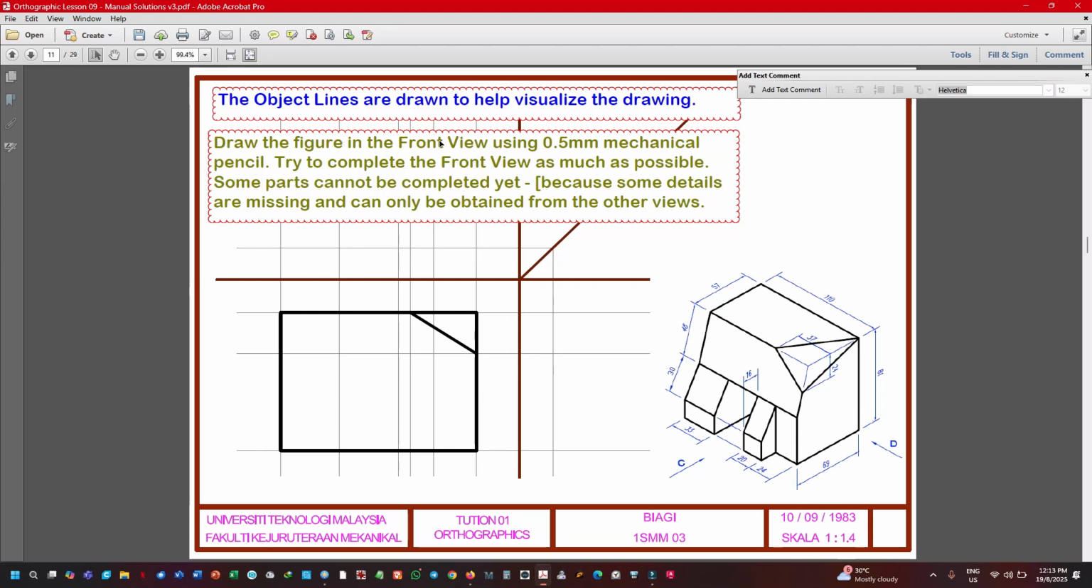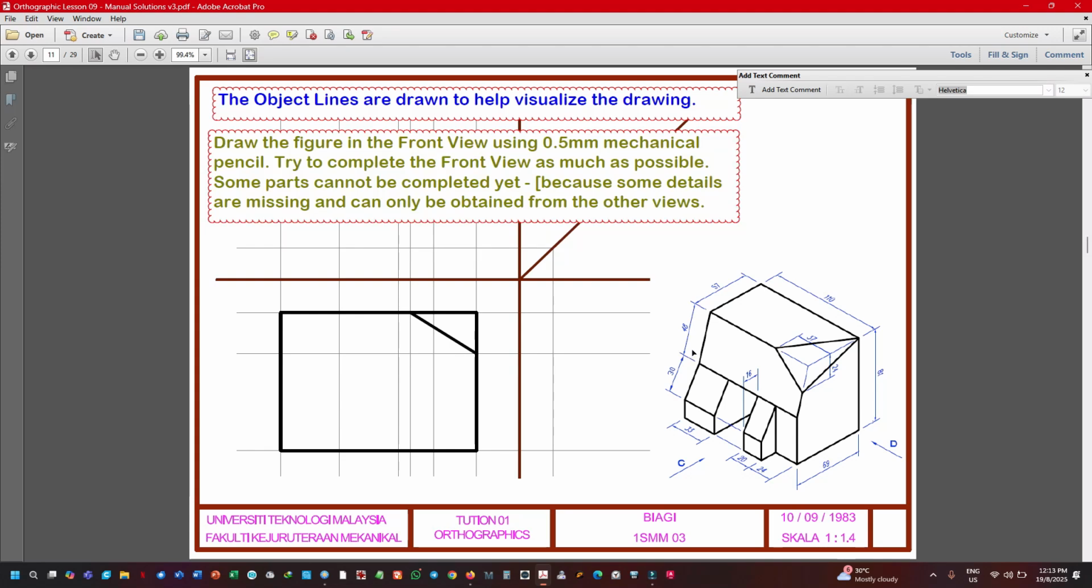Draw the figure in the front view using a 0.5 millimeter mechanical pencil. Try to complete the front view as much as possible. Some parts cannot be completed yet because some details are missing and can only be obtained from the other views. For example, what is the height from here? We see from the front, we don't know the height of this one, what is the height of this one, because this is not a vertical distance, this is a slanted distance,